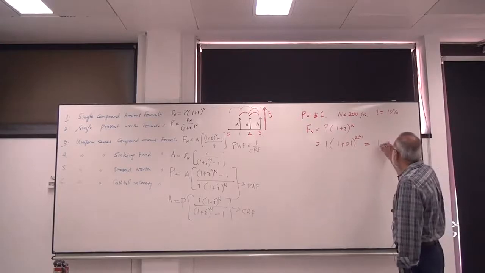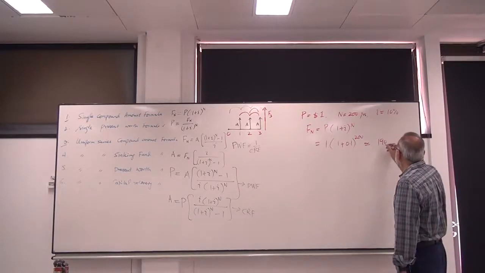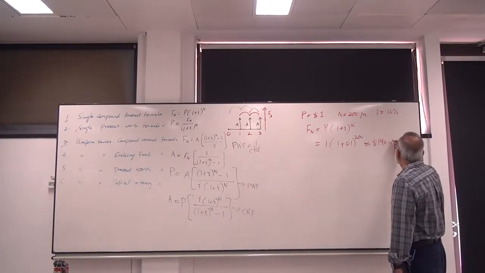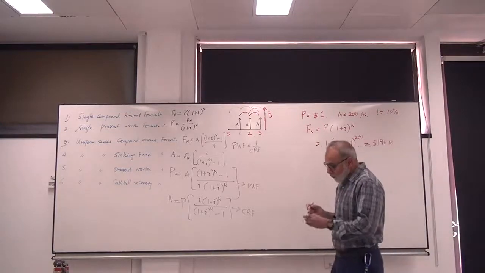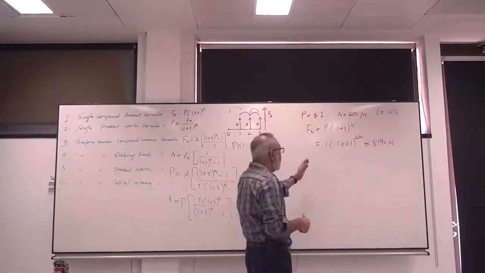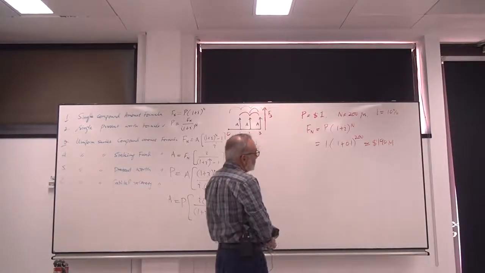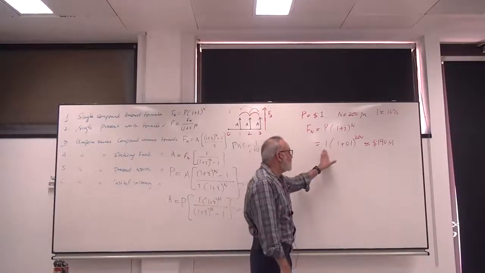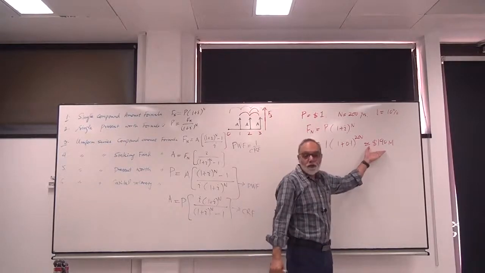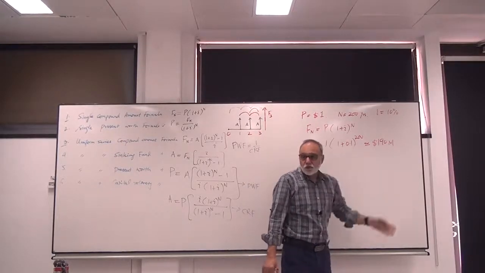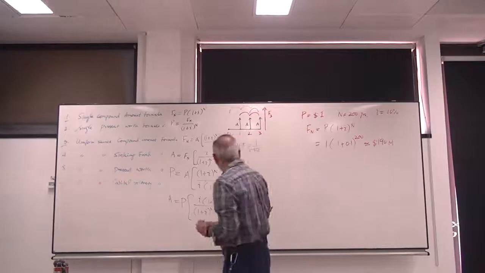almost $190 million. So you can see that the $1 has been raised to $190 million. And if we have $1,000 here, this will become $190 billion. So you can see the magic of interest.